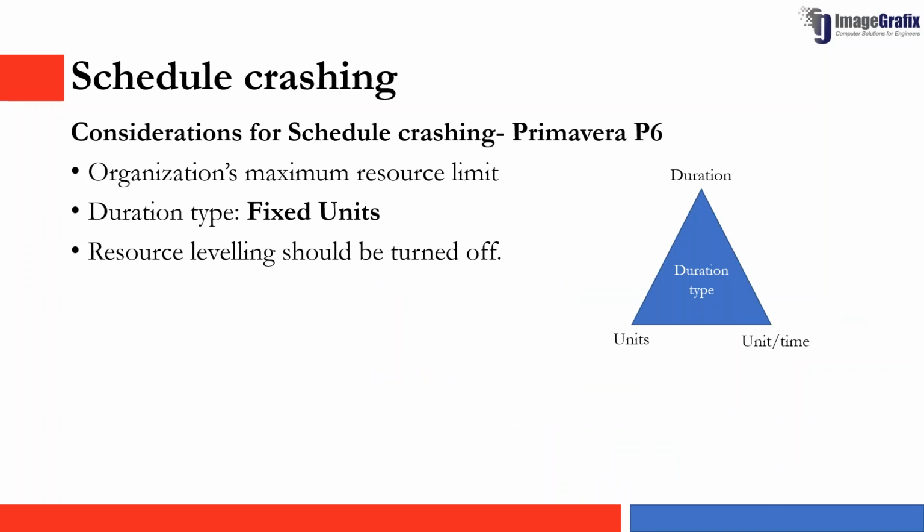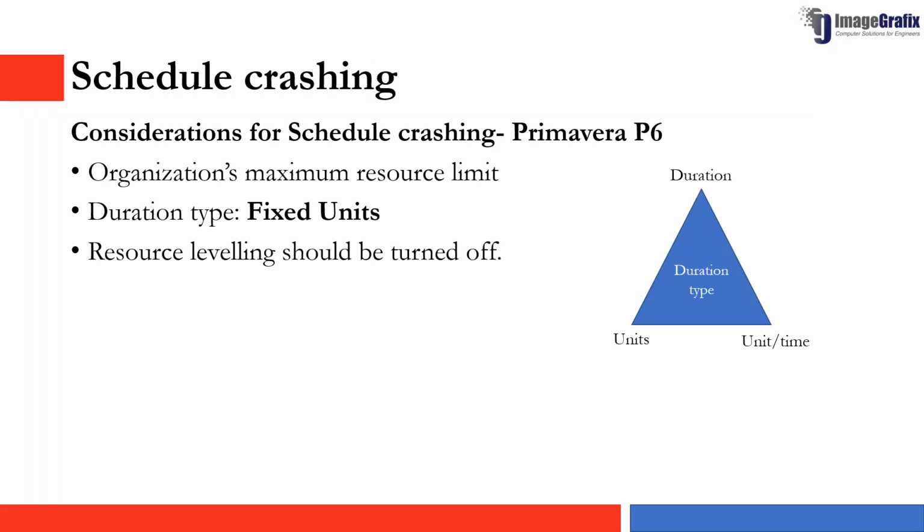So we have seen the theoretical part of schedule crashing. So let us come to Primavera now and see what are the considerations which we need to do when it comes to schedule crashing in Primavera P6. So the first one here is the organization's maximum resource limit. So the organization must have full-fledged access to the resources, or else